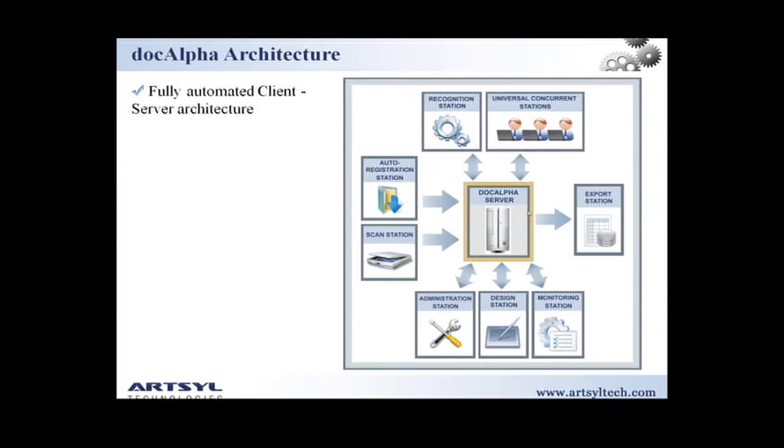After that's done, it goes back to the server and then through the export to the final destination, which may be your accounting system, maybe your ERP system, maybe your document management solution, or a multiple of them. It can send these results, the data, the metadata, the images to multiple destinations. Of course, it also includes all the classical destinations such as databases and file system, as well as specialized document